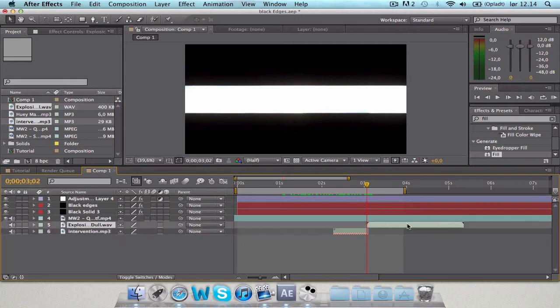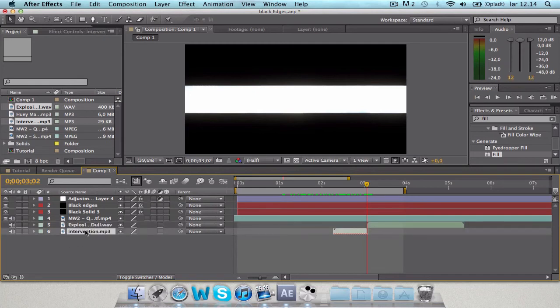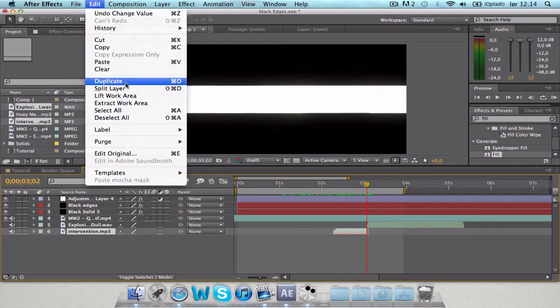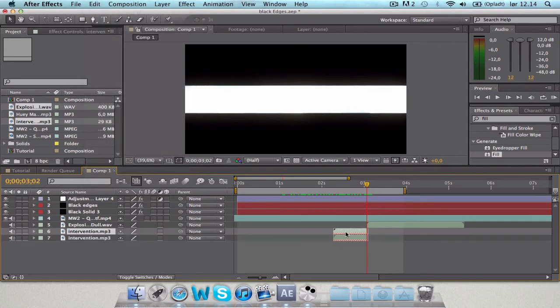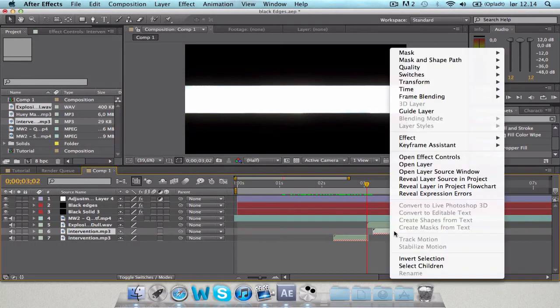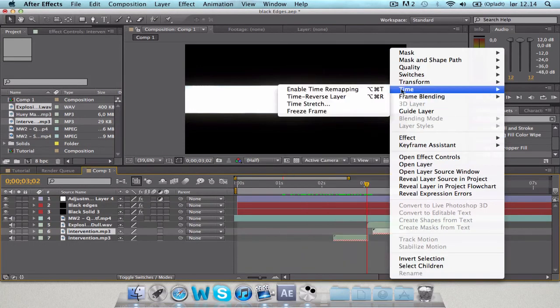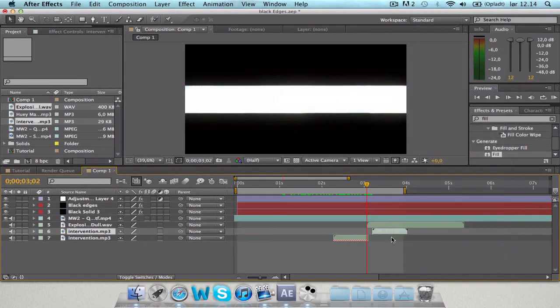And explosion door, we will go a little bit up, not all the way, and then take it again, which will just duplicate. Now we have one more. With that one we will go to time, reverse layer, because we don't want that to be reversed. And that one we will take a little bit down, so like that.